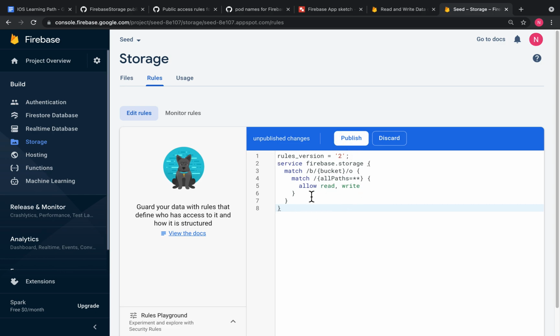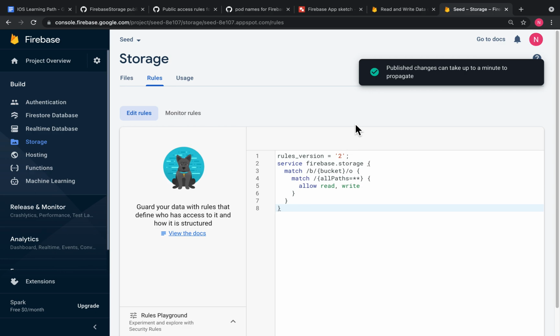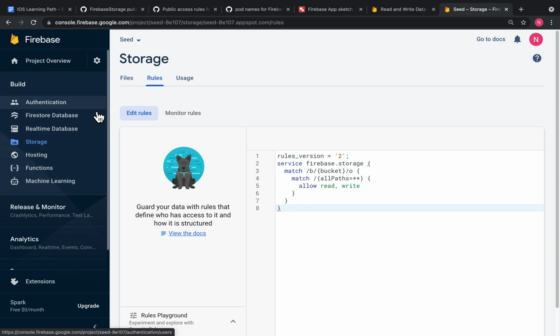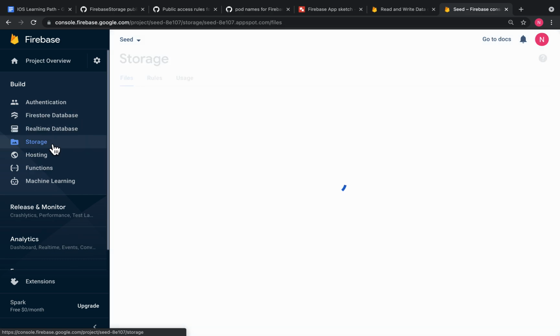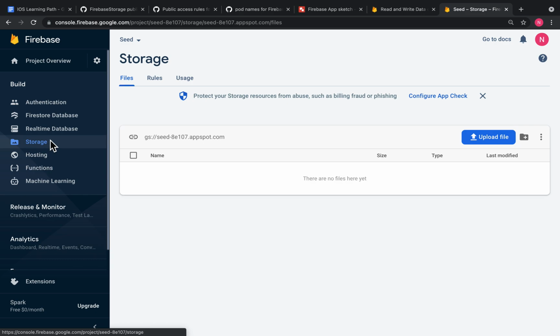Again, this rule gives us access to this database without the need for going through authentication, that is user signups. So click publish. That is published. All good. All right, so now we've set up our real-time database and our cloud storage. Okay, the next thing we're going to do now is